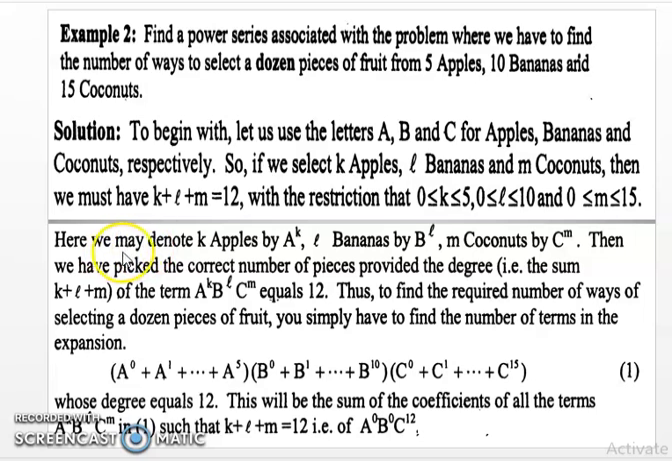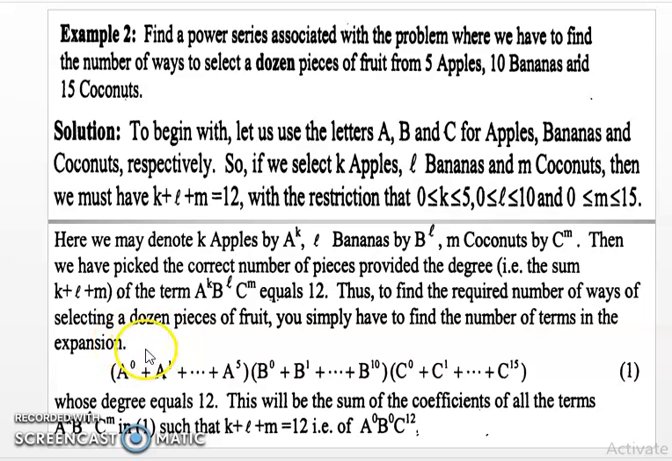Here we may denote the K apples by A raised to power K, L bananas by B raised to power L, and M coconuts by C raised to power M. Then we have to pick the correct number of pieces, provided the degree, that is the sum, is equal to 12, a dozen pieces of fruit. Thus, to find the required number of ways of selecting a dozen pieces of fruit, you simply have to find the number of terms in the expression